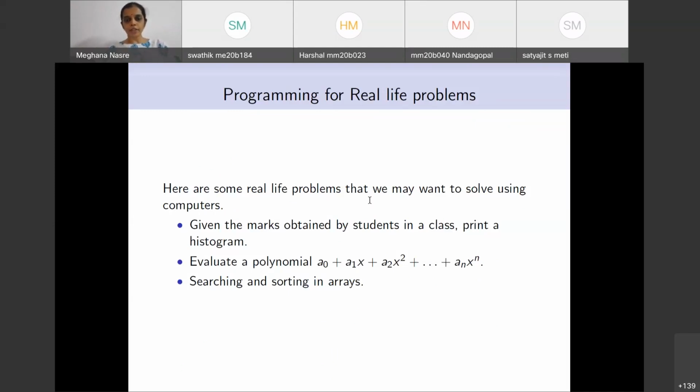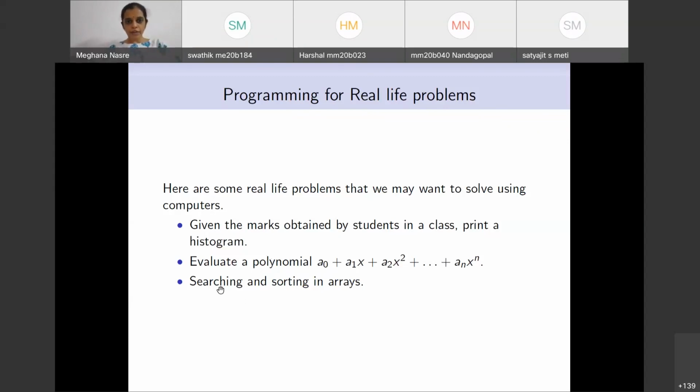And in this exercise, we also learned a few things about how to design the program for a given task and how to refine it so that it doesn't do the naive thing. The naive thing is correct, but that may not be the best thing in terms of the number of basic operations that have to be done. We started with n squared multiplications. We went to 2n and then eventually to n multiplications. And that is what we learned from this exercise of evaluating this polynomial. And that last thing that we used is called Horner's rule.